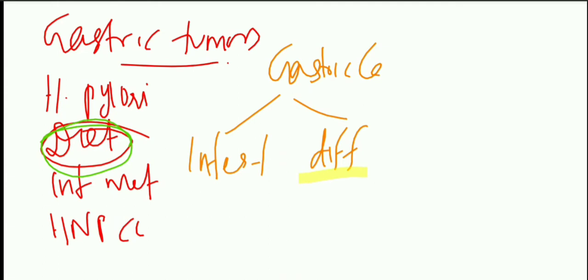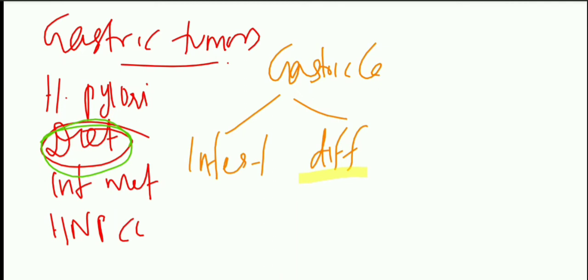The other one is named intestinal because they are a type of neoplastic intestinal glands, which stay very close to each other, cohesive cells. But diffuse, they are spread, poorly differentiated, they are not glandular cells, they are just poorly differentiated non-cohesive